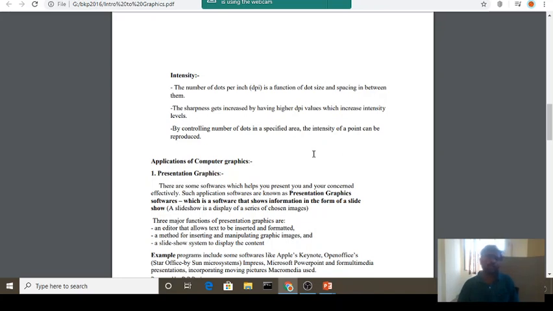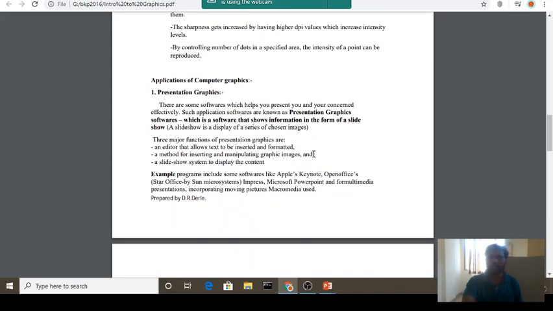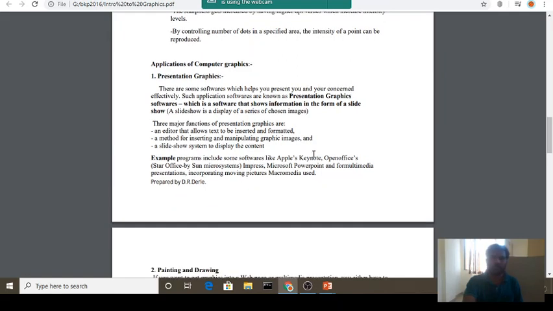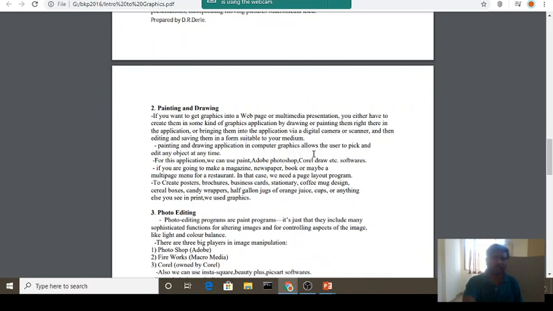After that, we have the topic of applications of computer graphics. The first is presentation. We use the PowerPoint application of Microsoft Windows, which is available with the help of graphics. The second application is painting and drawing.